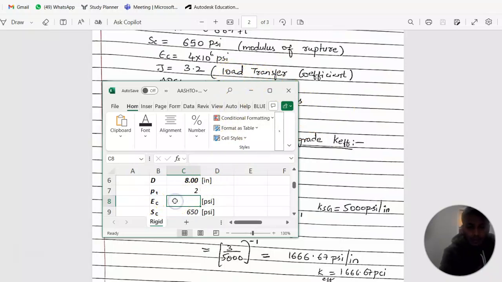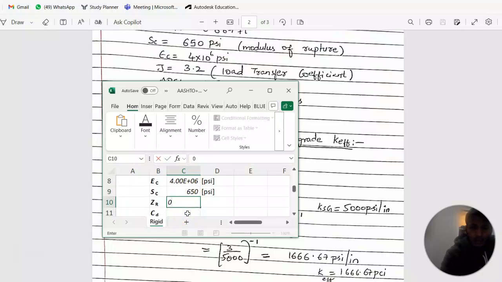We can write this as 4.00E+06. As we have SC 650 psi, we are taking ZR as 0, and CD is equal to 0.9, and J is equal to 3.5, and we can take 350 as PCI,